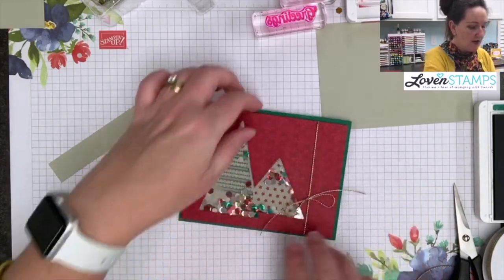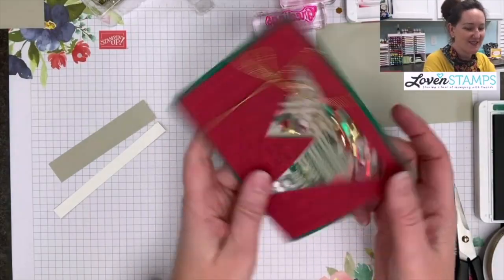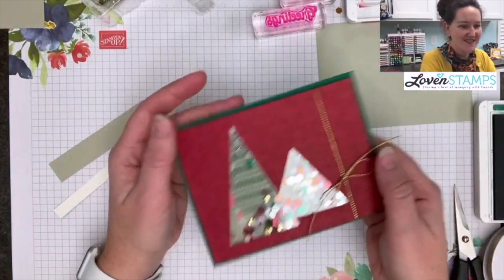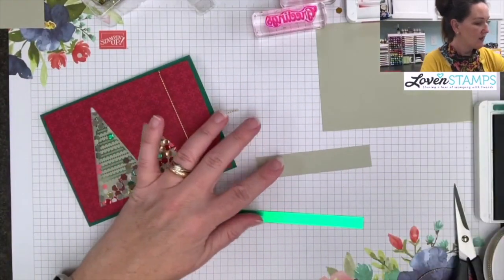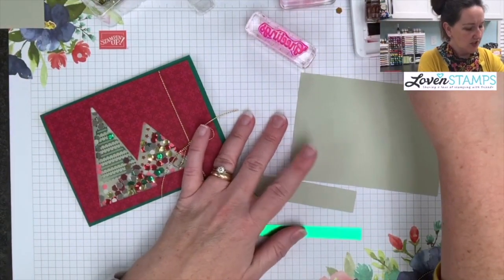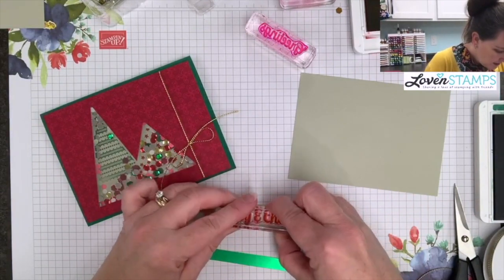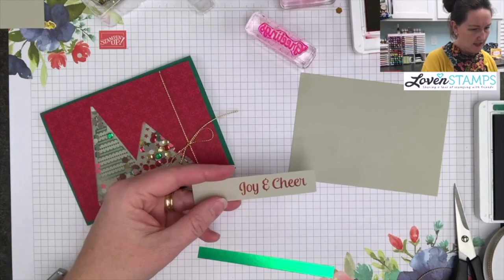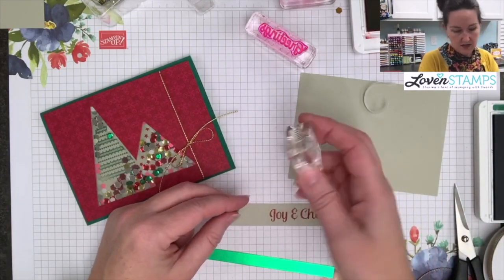So, okay, all right. Oops, I'm used to showing my Facebook Live videos, which go this way. So there is our shaker card, woohoo, with all those sequins. And then we need to add our greeting on the front. There is a Joy and Cheer stamp from this set, which I love, and I'm going to go ahead and stamp this here, and then we'll add the little star, and I think the star is going to be green,